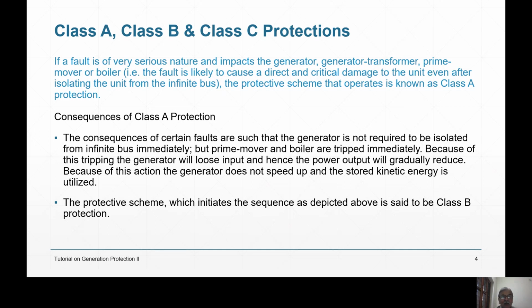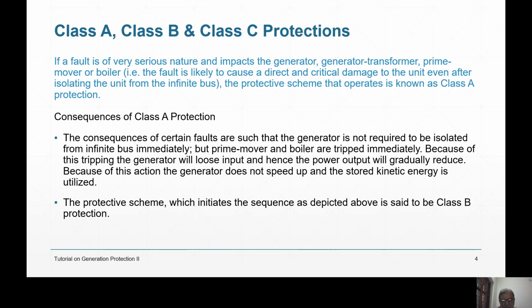Then you see, when you trip the class A protection, what do you do? You trip immediately. When you trip immediately, then there is a danger of overspeeding. Not the danger, overspeeding does occur. And therefore, special braking schemes are there. When class A trip occurs, very specialized and costly braking schemes will brake the generator, because